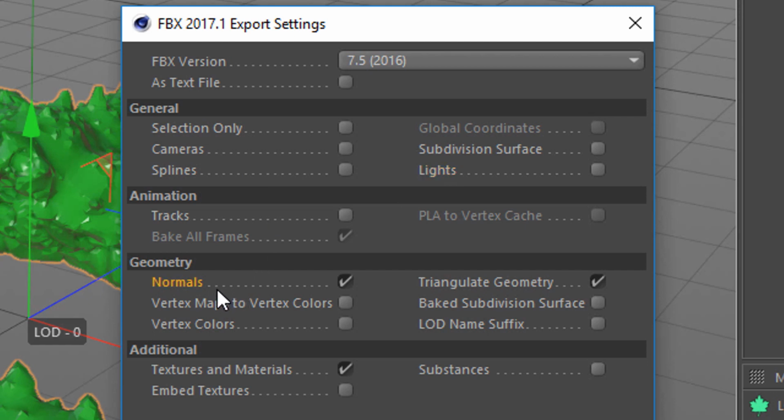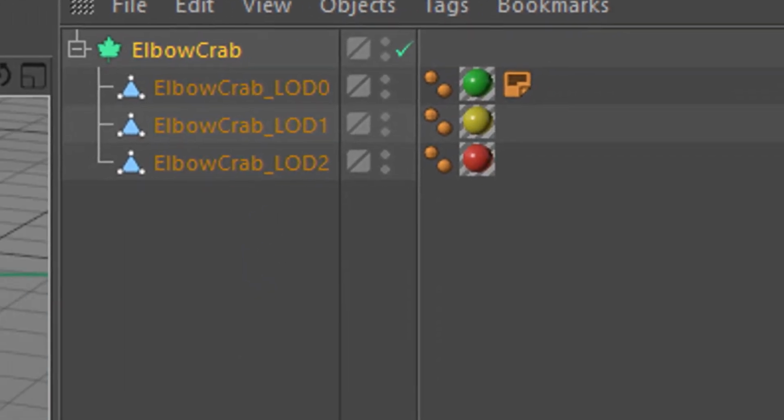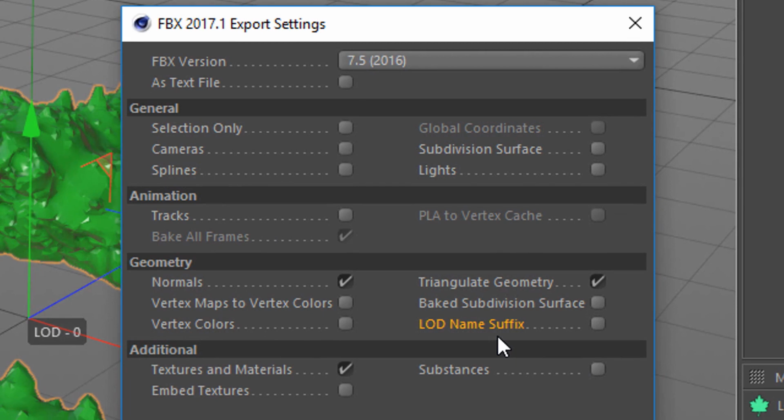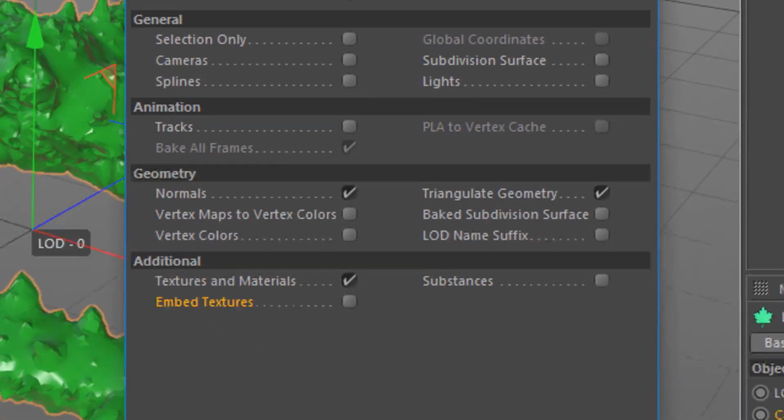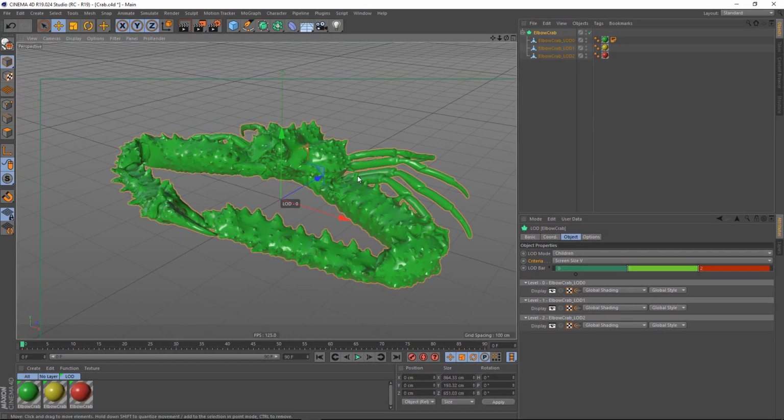Normals I do want turned on so that the surface shading translates over, and triangulate geometry I also want on so that there are no surprises in terms of how Unreal will triangulate my mesh. Nothing else here needs to be turned on. I do want to point out that the LOD name suffix is not necessary for Unreal. I've manually named these objects, and Unreal is smart enough to just unpack an FBX file that has an LOD built into it. I'm going to choose to send over my textures and materials, and depending on your workflow, you may want to embed your textures. So I'm now going to choose OK, which has exported my file, and I'm going to head over to Unreal